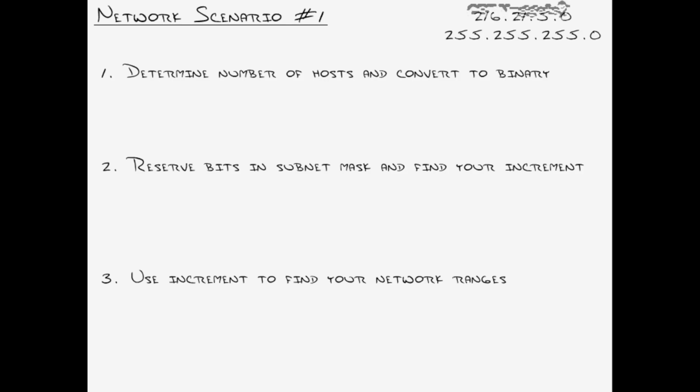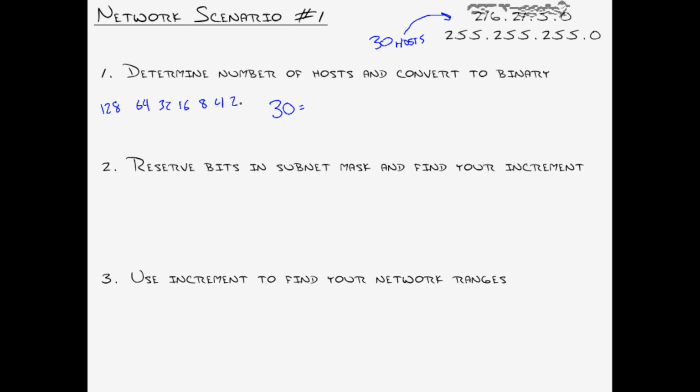When working through a subnetting problem of this slant, the steps are nearly identical as before. Well, I should say the steps are identical. There's just a slight tweak as to what we're looking at. So step 1 was to determine the number of hosts and convert that to binary, just like we saw with the number of networks. Here's our Class C subnet that we purchased. We know that we're trying to find networks of 30 hosts per network, so that's our number of hosts, 30. With that in mind, let's break that down using the binary 128, 64, 32, 16, 8,